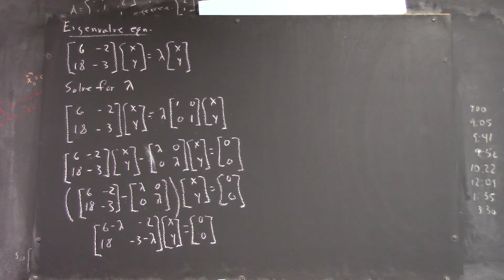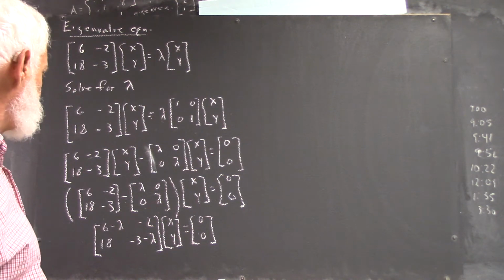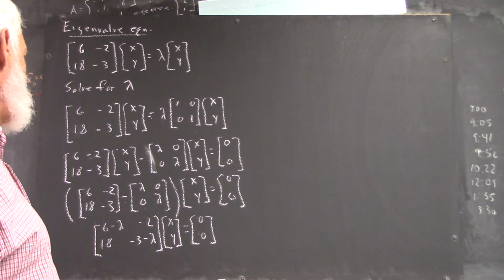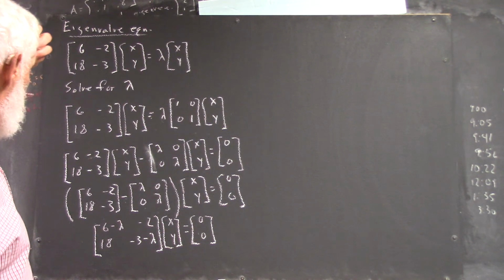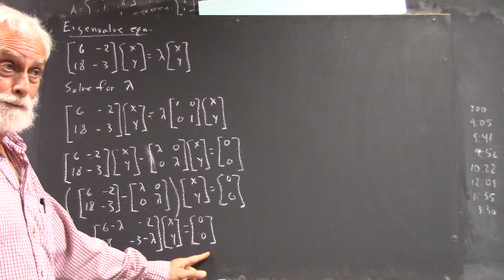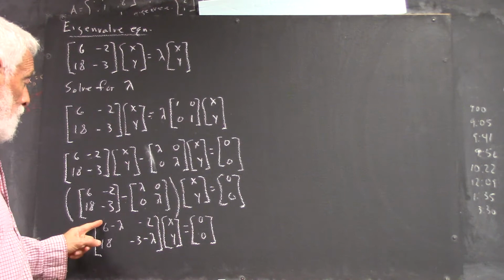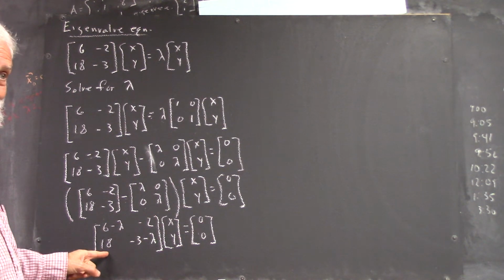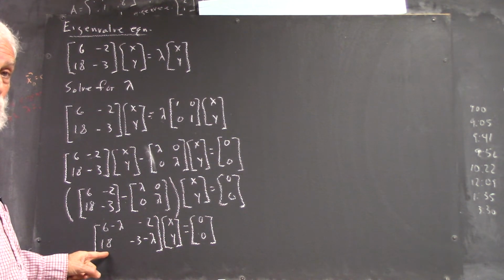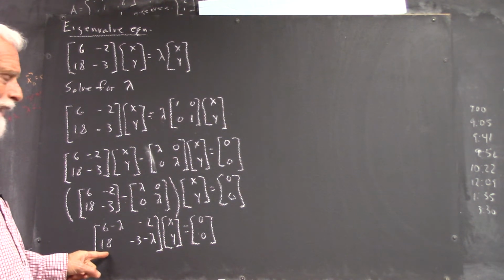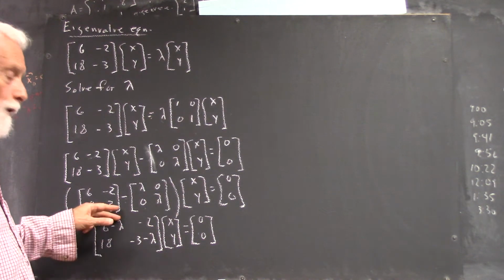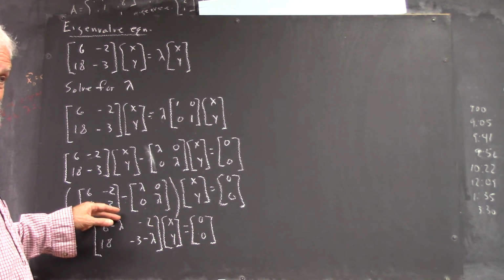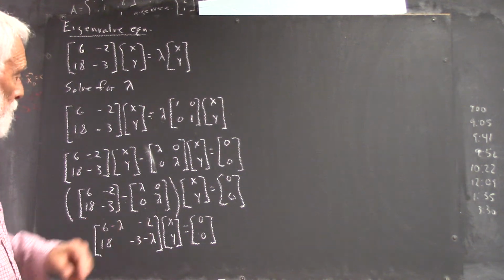Well, now there's a step that you're not going to understand. You're going to have to take my word for it. Okay? And basically, this can only be so if this times this minus this times this is 0. Okay, that's called the determinant of the matrix. And that just says that this row has to be a multiple of this row. Okay? But the way we're going to state it is